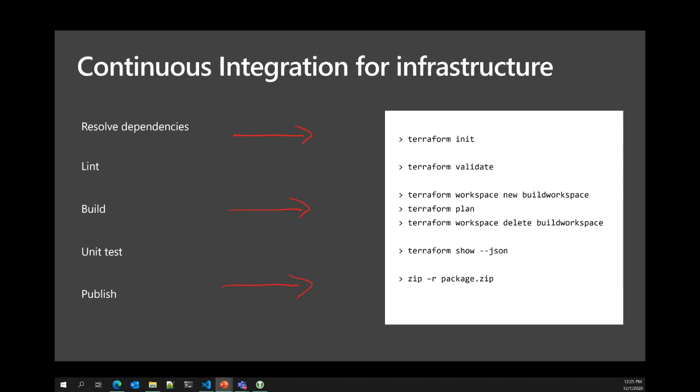I can take the same definition, run it in multiple workspaces, and manage multiple sets of infrastructure, all tied back to the same code and the same definition. So in our build phase with Terraform, we create an empty blank workspace and run our terraform plan. That validates whether or not this code can actually run against the cloud provider, and it spits out an artifact for us, which is the plan, one of the key concepts of Terraform itself.